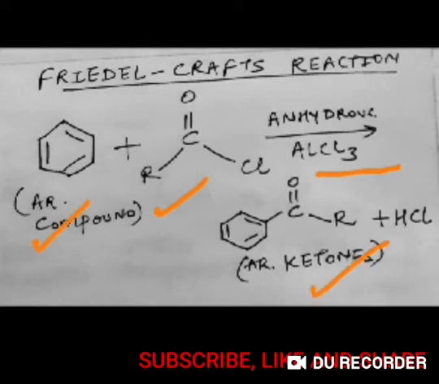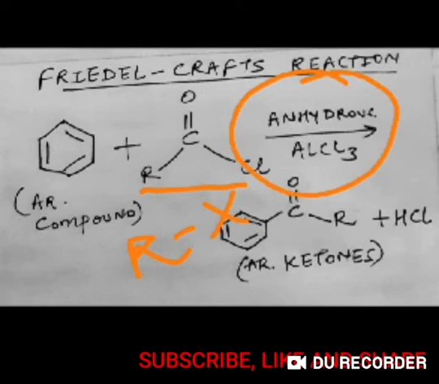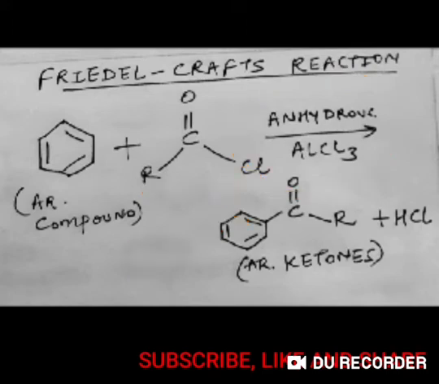If you consider alkylation reactions, then in that case the only difference is instead of acyl chloride we take help of alkyl halides, right? Again the condition remains the same. You have to work it out again in presence of anhydrous AlCl3 and the product which you are getting is aromatic halides, right? To find out the mechanism associated with it, let us move ahead.